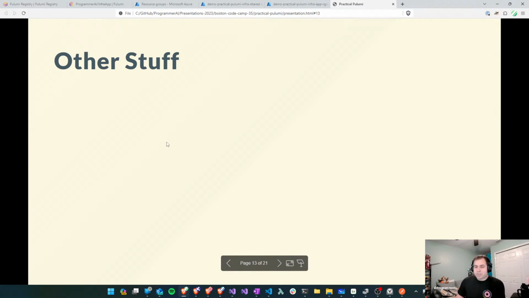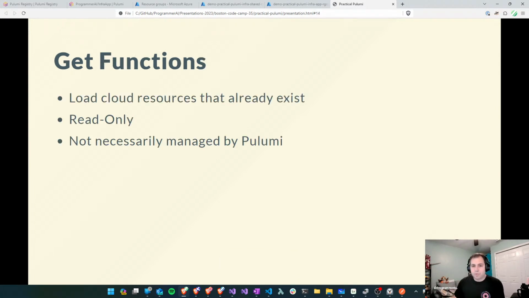All right, every slide is going to be something different, just so you know. The first is get functions. Get functions are static functions that will load cloud resources that already exist. These are also read only, so you can get the information about a resource, but you're not able to edit it at all with Pulumi. So these are things that don't necessarily have to be managed by Pulumi. These can be things that you load the information for just to get the